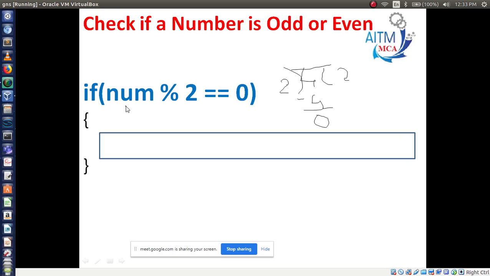And this operation, that is 0 equals 0, is the condition true or false here? True. It means 4 is an even number. Like this you have to calculate. Then you have to print the message using document.write: number is even. Now write a program for this and send it in the WhatsApp group fast.